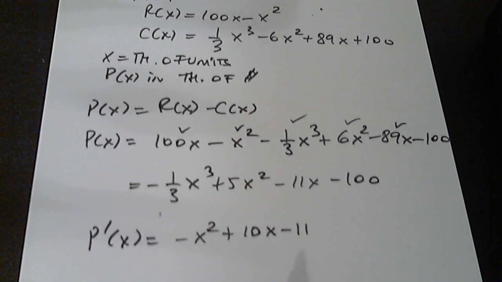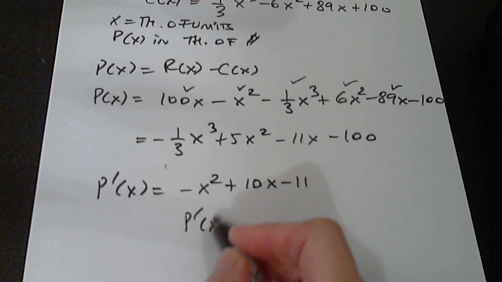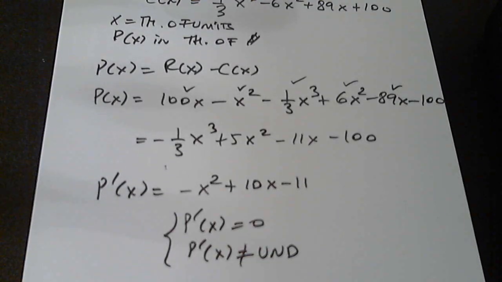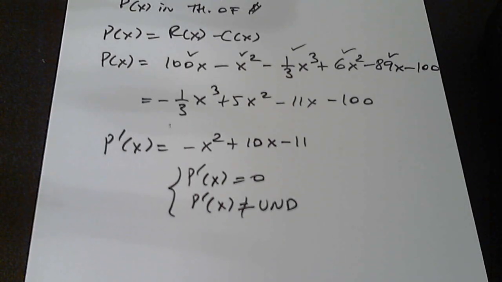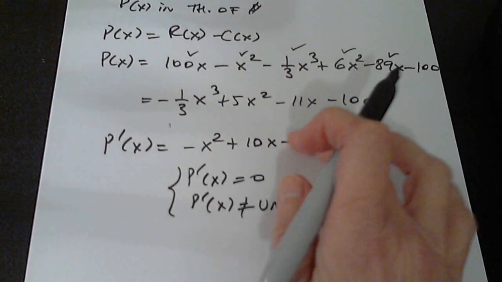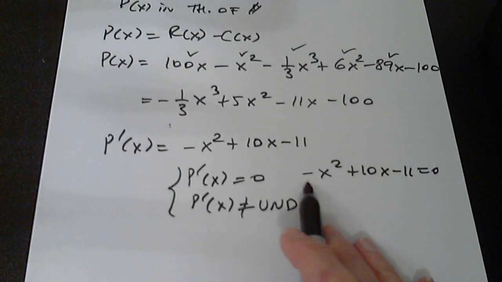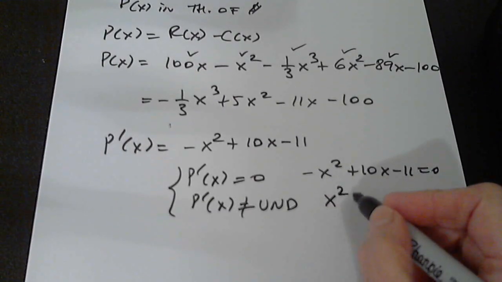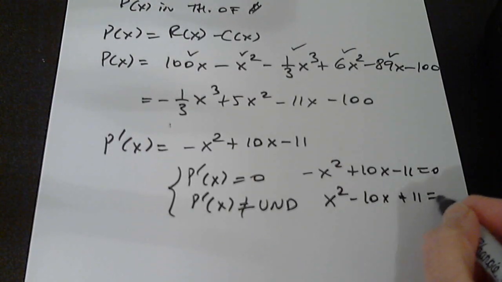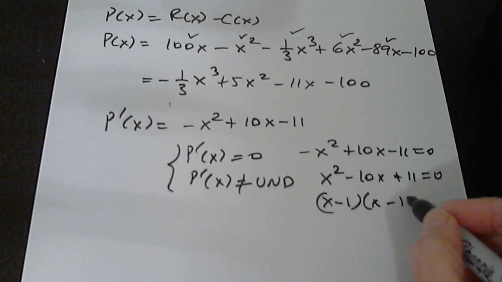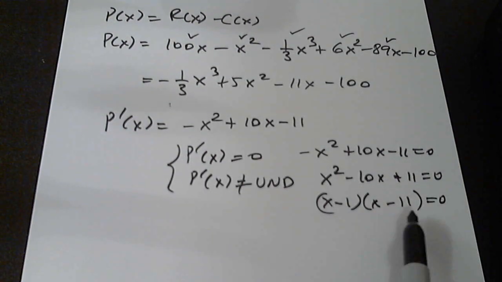minus 11. I have to find critical numbers. P prime of x equals 0, but p prime of x can never be undefined. I always have to check both sources of critical numbers. And when I write this equation, negative x squared plus 10x minus 11, I always refuse to solve an equation with a negative leading coefficient. So I will multiply both sides by -1. I will factor. The product is positive 11, and